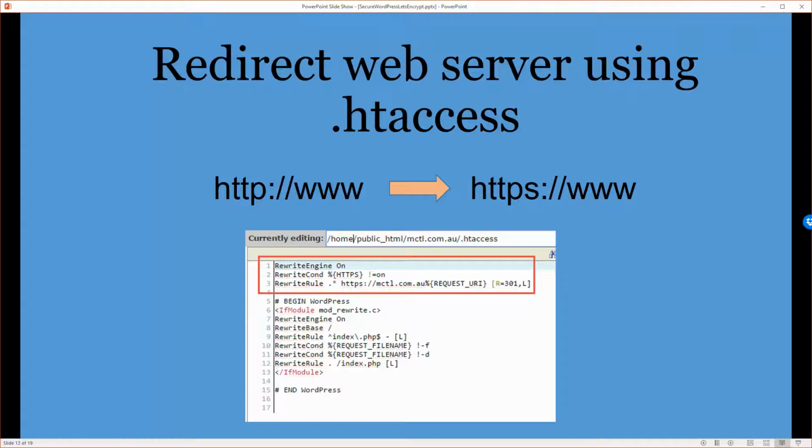Now, one of the other configuration changes you might like to make is to redirect all traffic that's coming to your site over to the secured version of the site. So what you want is everybody who visits your site by HTTP to actually end up with HTTPS, so that your site is secure for everyone. Now here is the htaccess file that you might recognize. It has a typical WordPress block here at the bottom. What you can do is add 3 lines similar to what's here in the red box, and that will redirect